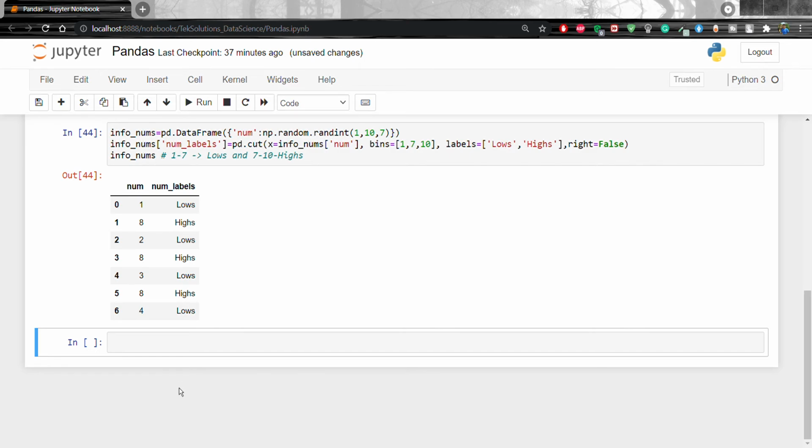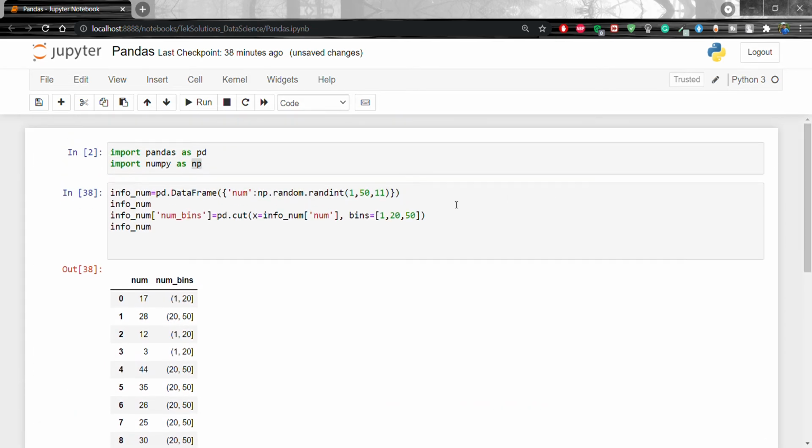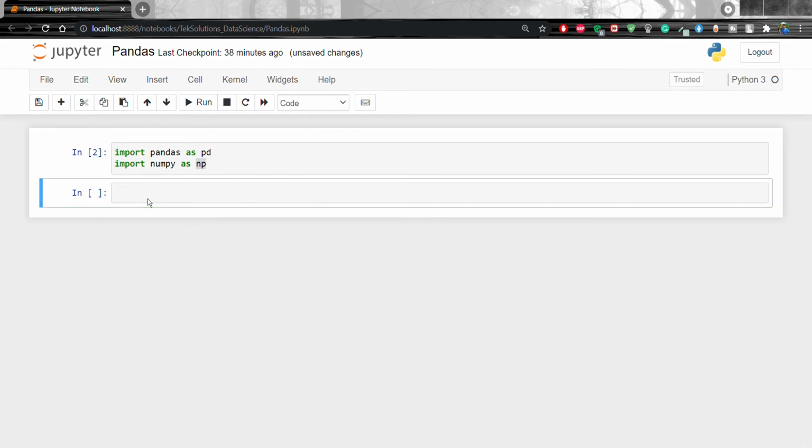Now we'll go with another example, the describe method. So let's remove everything here. Okay, now we'll go with the describe method.